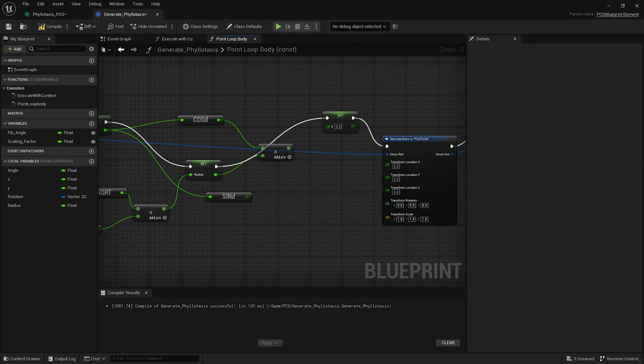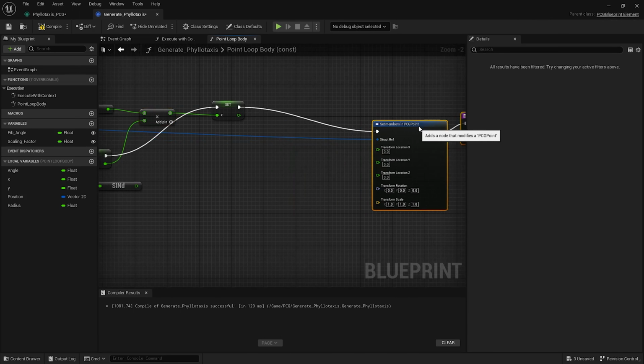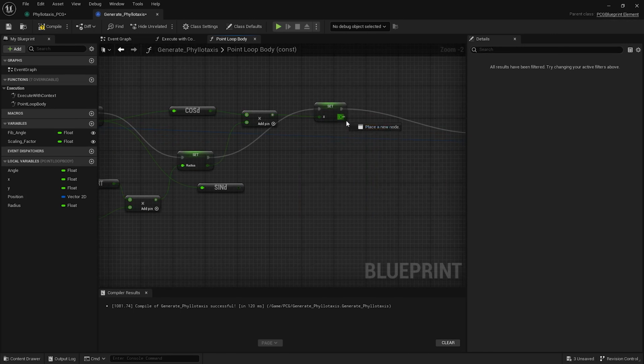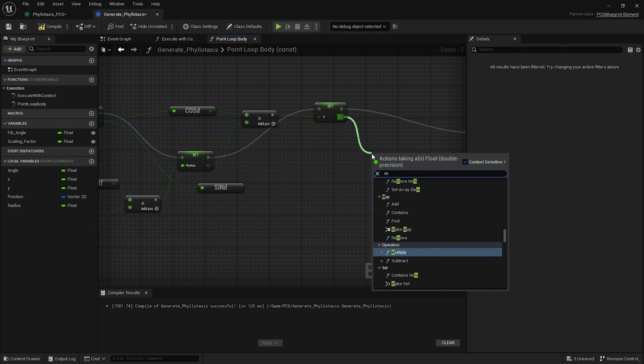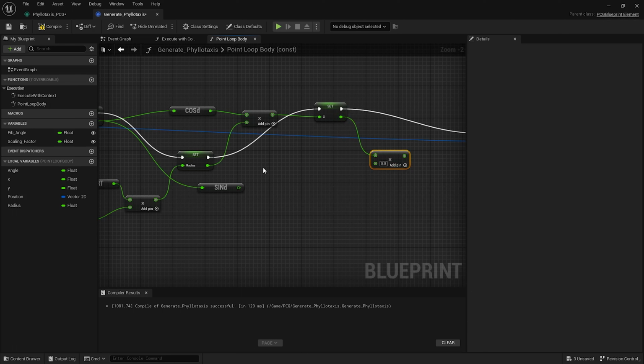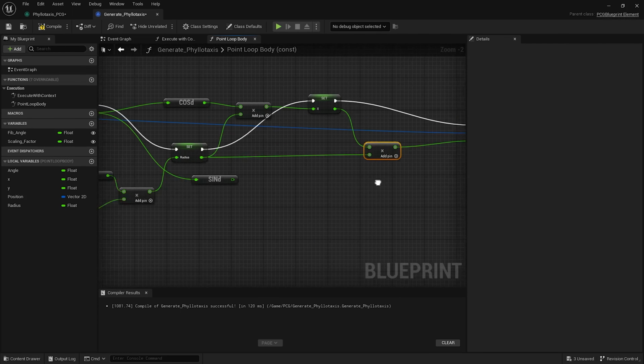We are now ready to plug in our x and y values into transform x and transform y. So multiply it with the radius that we calculated, and that will be the final x position. And we need to do the same with y. So first, get another multiply, plug the radius, this goes into x,